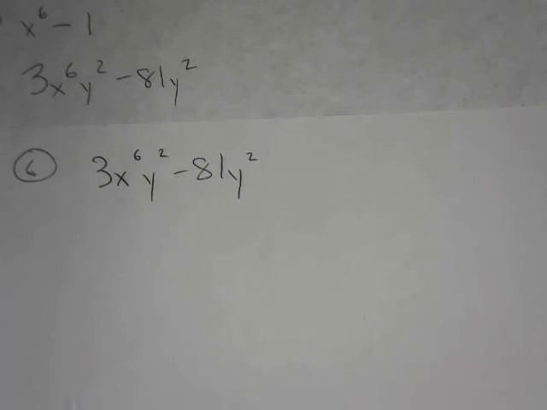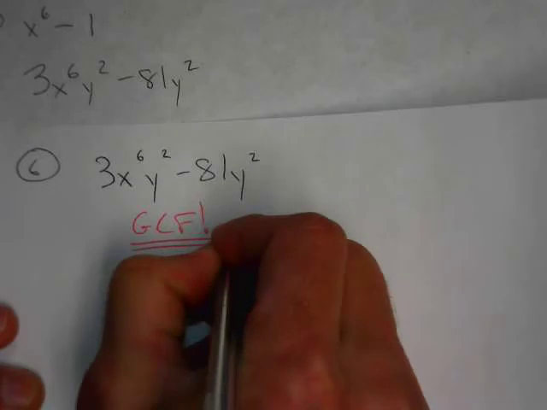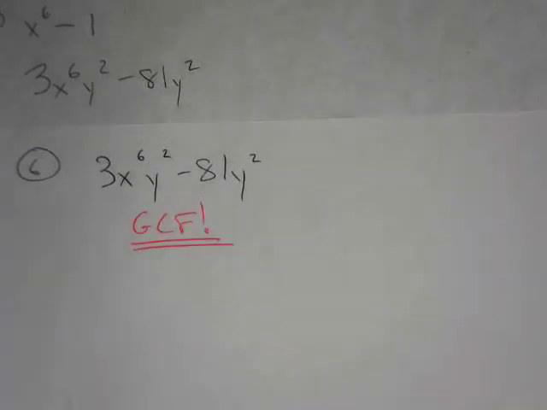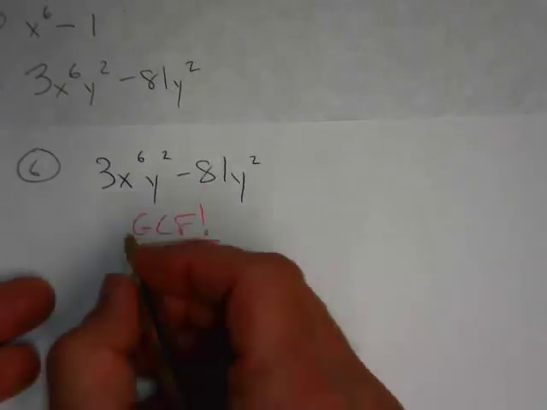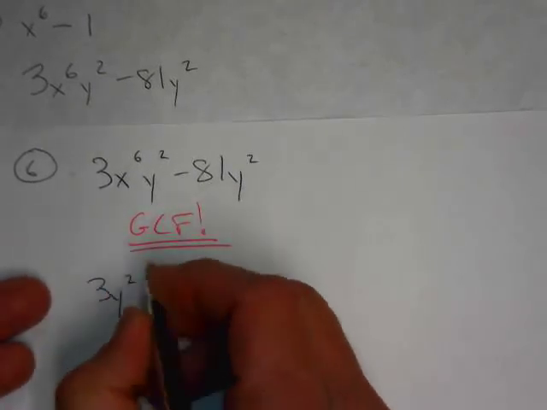And so you're looking at it, you're like, well, that's not a difference of cubes. And I totally agree with you. This is not a difference of cubes. But what do we do first when factoring? Always look for a greatest common factor. Always look for a greatest common factor. Okay, so another winning problem right here. So we always look for a greatest common factor, and in these two terms, the greatest common factor is 3y